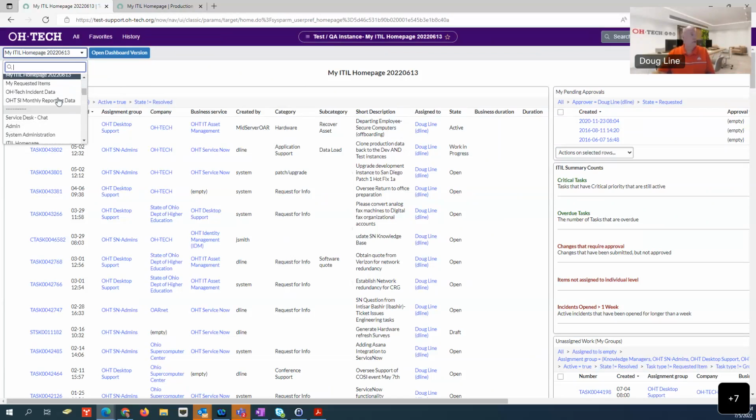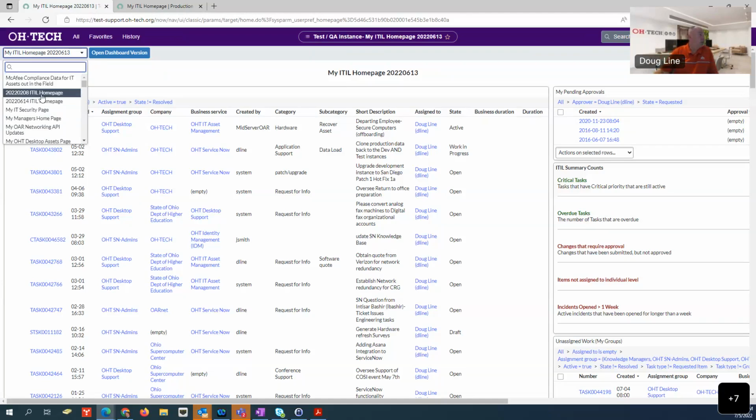Kind of a reminder that everything above this dashed line, these are personalized home pages that you have created for yourself. All of the home pages underneath that are old default home pages. And my recommendation for you is, before the end of this week, if you can, go to whatever homepage that you normally use,